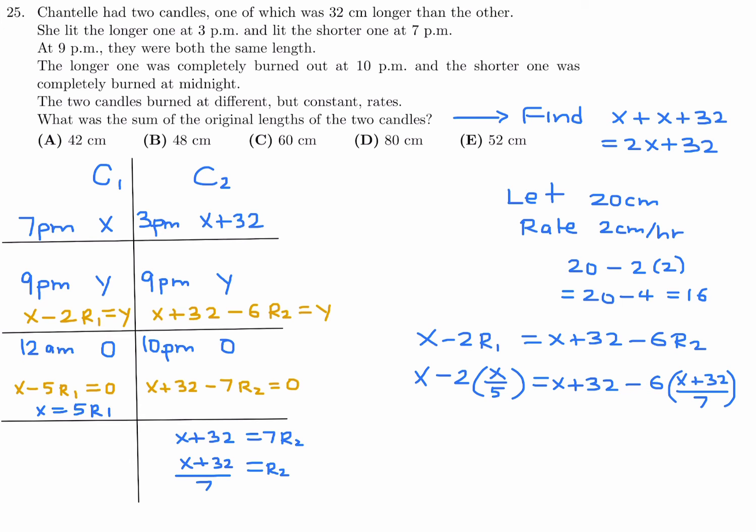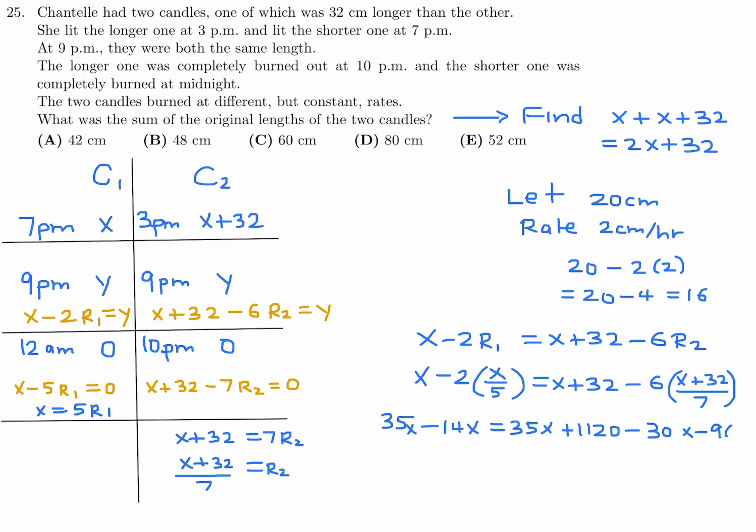Multiply everything through by 35. That'll help get rid of both fractions. And if you do, you get 14x, and this will be 35x, like that, plus 1120 minus 6x plus 30x